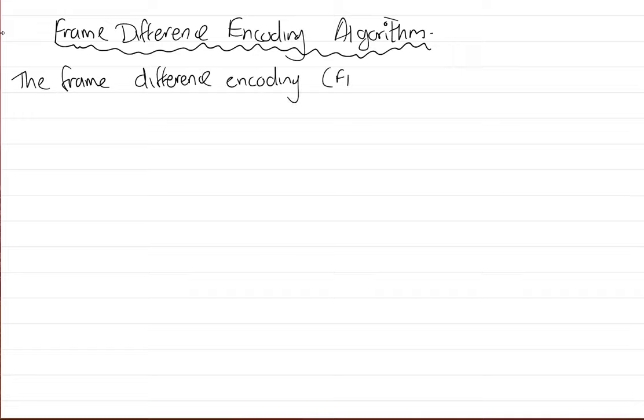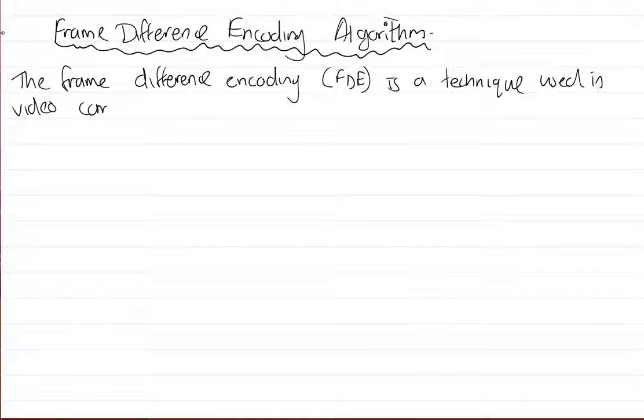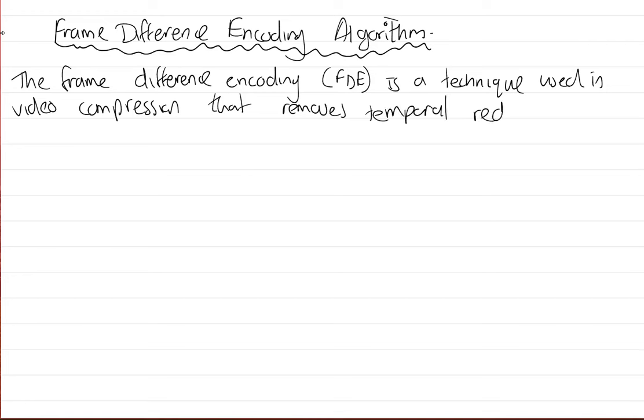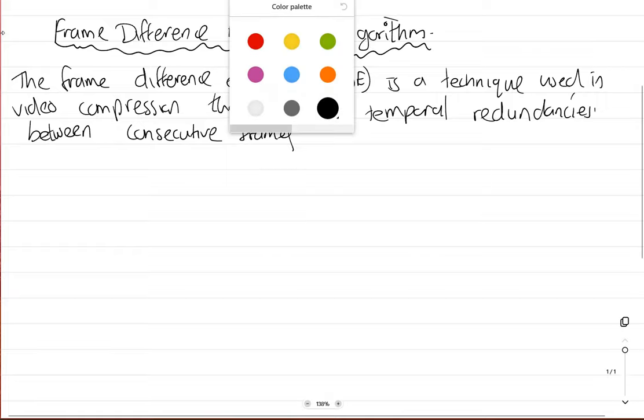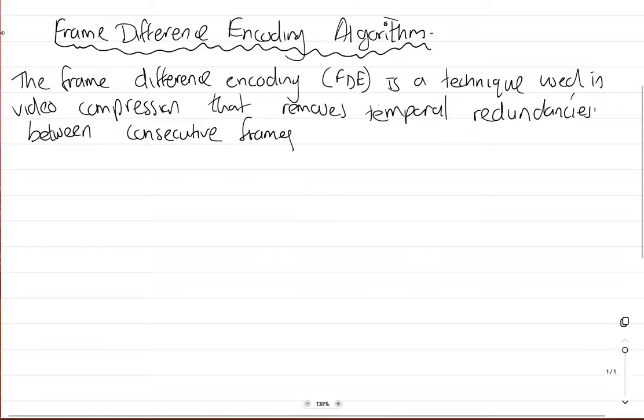Frame difference encoding, FDE, is a technique used in video compression that removes temporal redundancies between consecutive frames. Okay, so for those of you who don't know what these words mean, so the frame difference encoding is